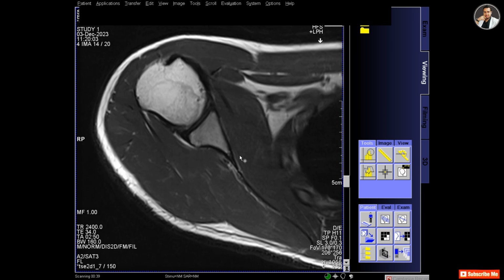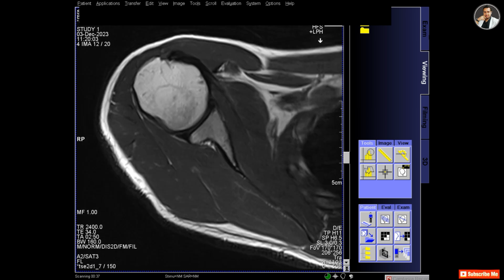And next, this is, I think it's T1 axial.